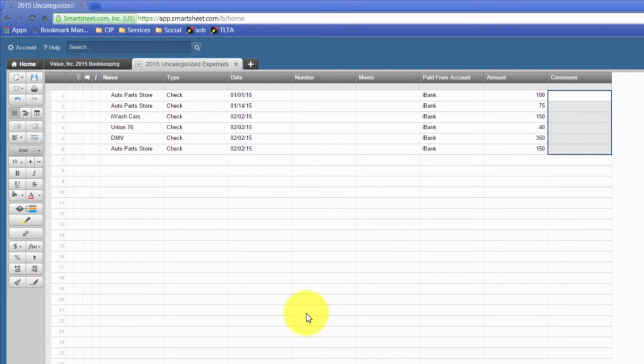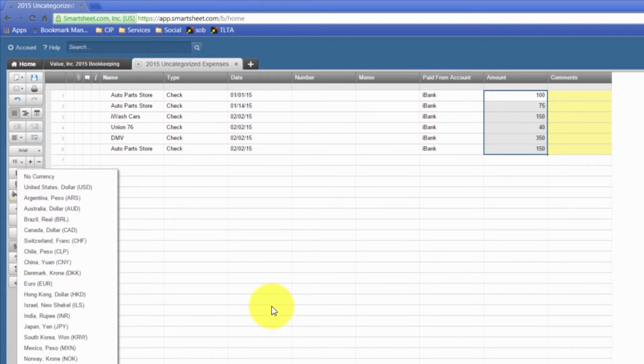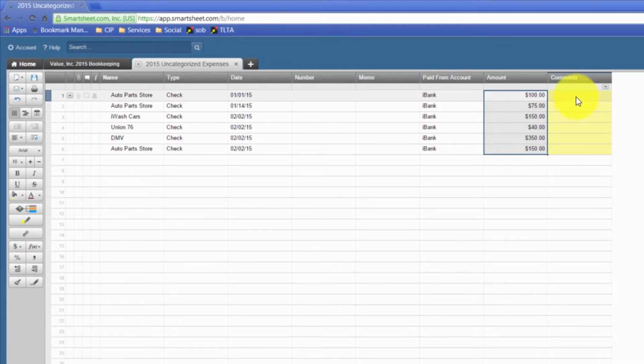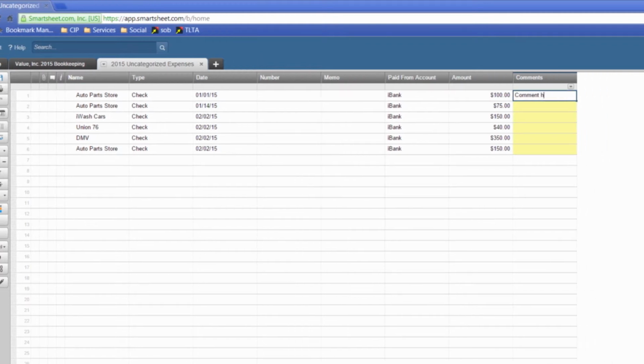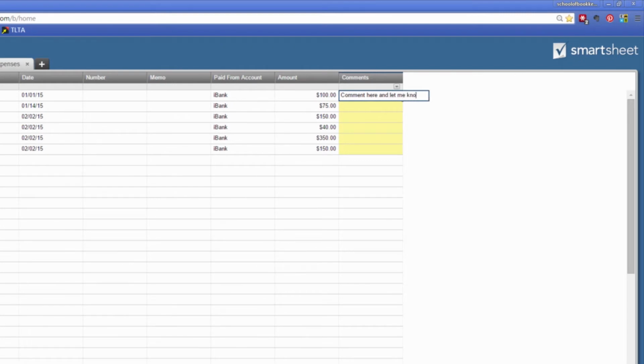So let's highlight this because I want to draw attention to it. I want to make sure it's clear this is where they go to communicate with me, right? And we can format this to make it look nice. We can make it into dollars. There's my formatting options, United States dollar. And sometimes, by way of giving them instructions, I'll say, comment here and let me know what these are for. And then in parentheses, you can delete this